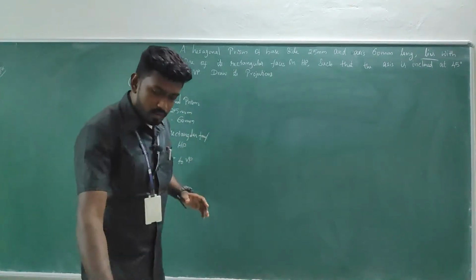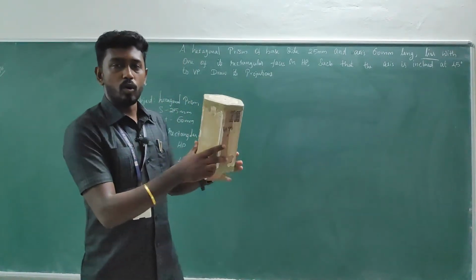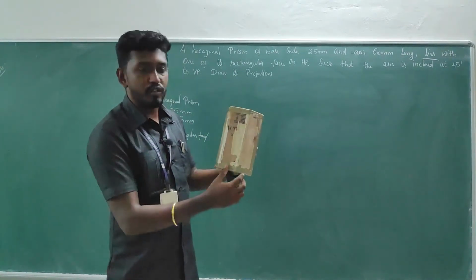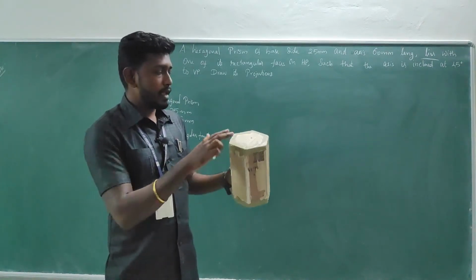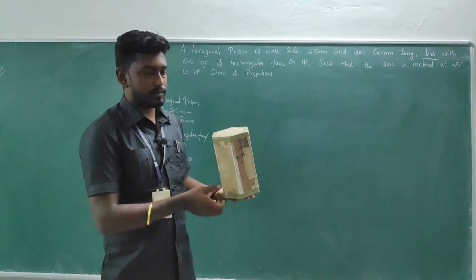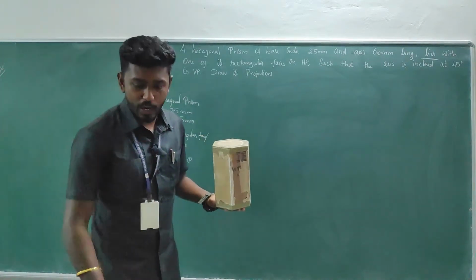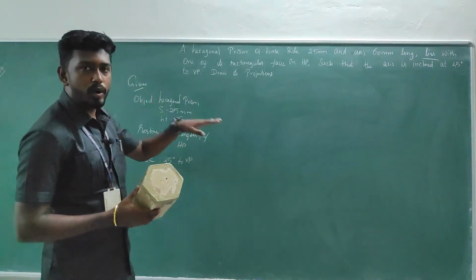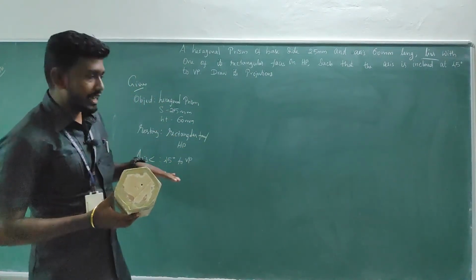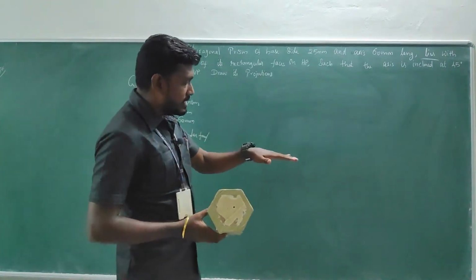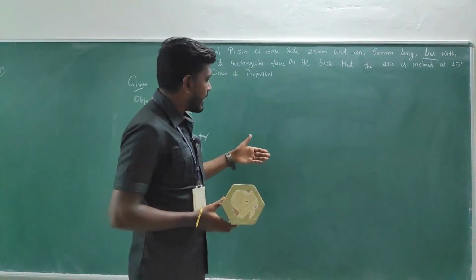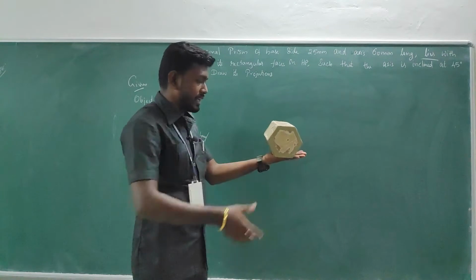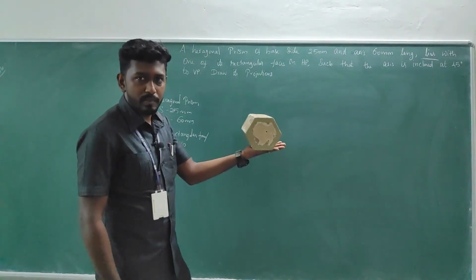Okay, so let me show the object. This is the hexagonal prism. It has two bases, and these are the rectangular faces or longer edges. This is the top base and bottom base. Here, what is given as far as the position of the object is concerned? The rectangular face is on HP and the axis is inclined 45 degrees to VP. Consider this ground as the horizontal plane and this board as the vertical plane. The object is kept something like this.